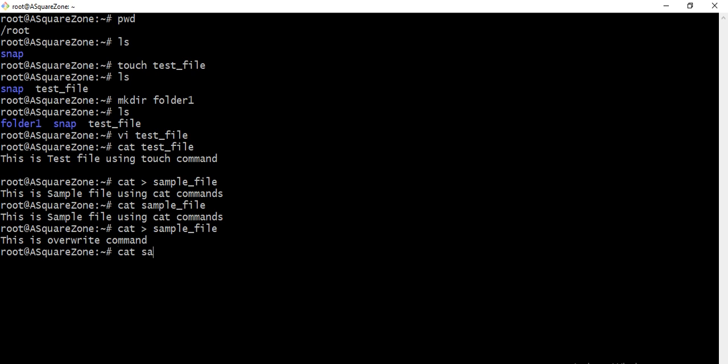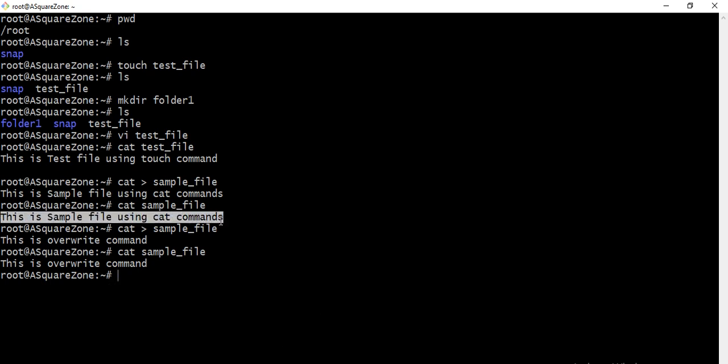Again I am going to execute the same command, cat sample file. See, the earlier text is not there. Earlier, this is sample file using cat command was there, but after giving this same command it overrides, and this is override command text exists.